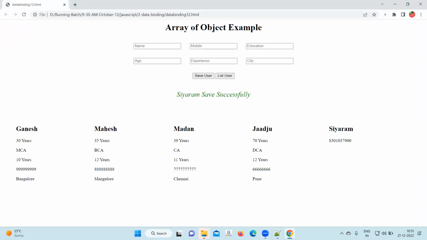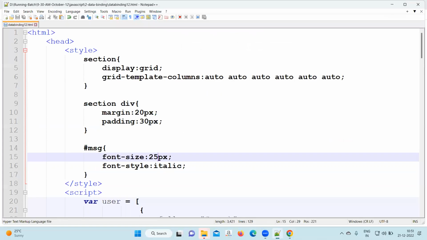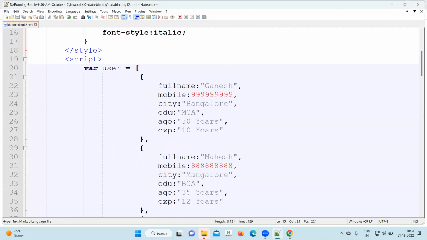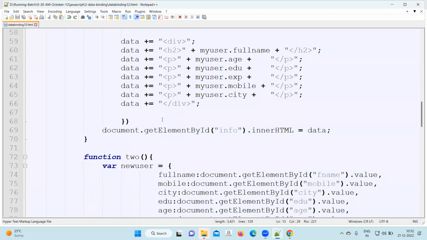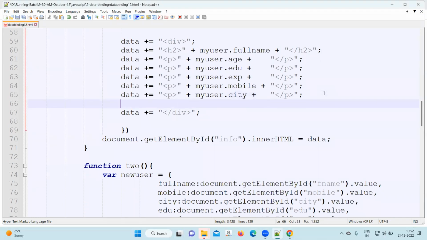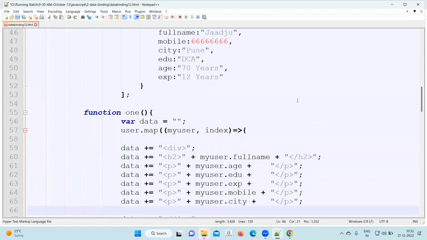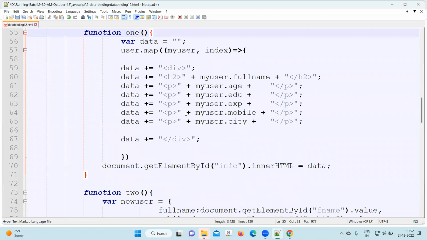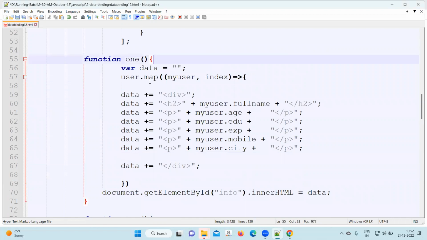You remember delete functionality? Let's go there. Inside the division only, under the division itself. Which division? Listing part. Go to the function one. You are listing something. Here you have to create a button now. Under function one, we need to create a button called delete. So data plus equal to